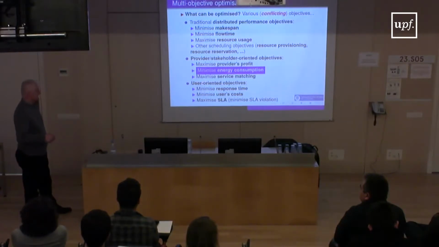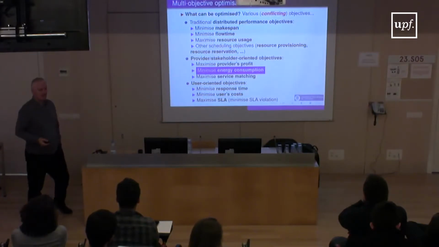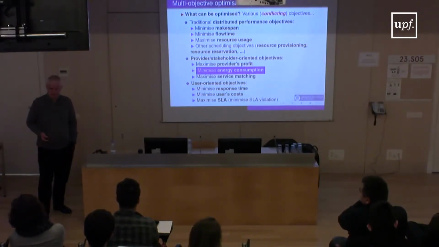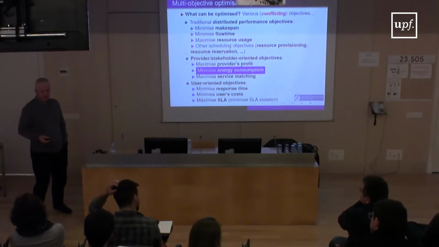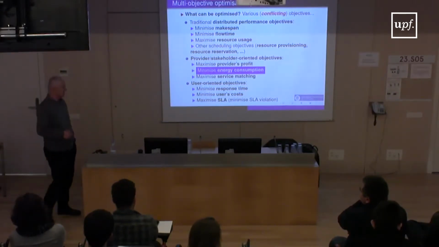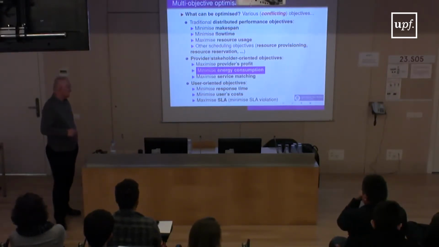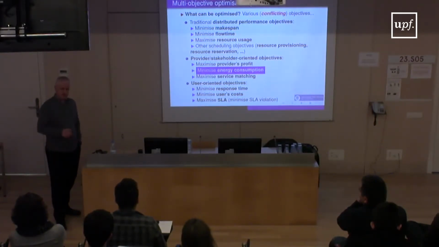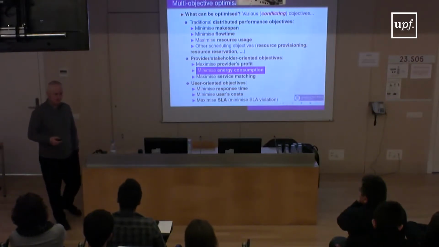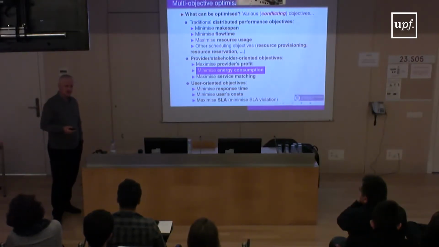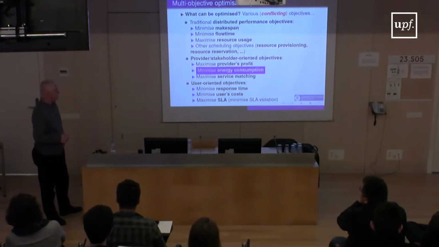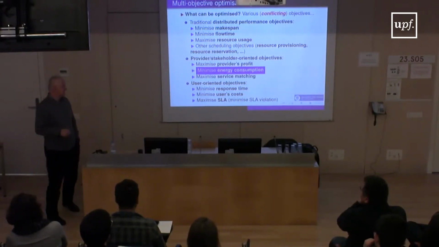perhaps most important are the user-oriented objectives. As you know, no cloud can exist without clients. So the client is one of the foremost objectives in the cloud system. And then we can have to minimize response time, to minimize the user's cost. Remember that this is a pay-per-use platform. You have to reduce to the maximum the cost of the user so that you can keep the user in the loop all the time. And to maximize the service level